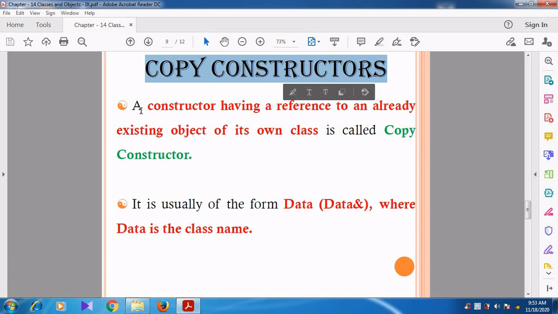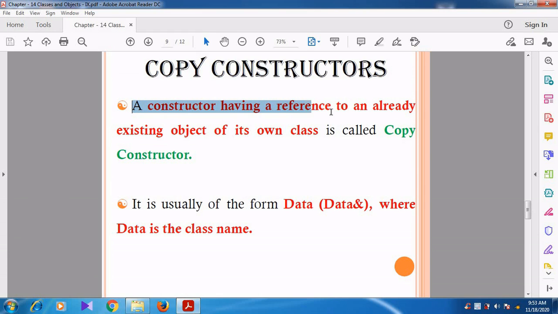See here, a constructor having a reference. What is meant by reference? Reference means alias. So it is a constructor having a reference to an already existing object of its own class.